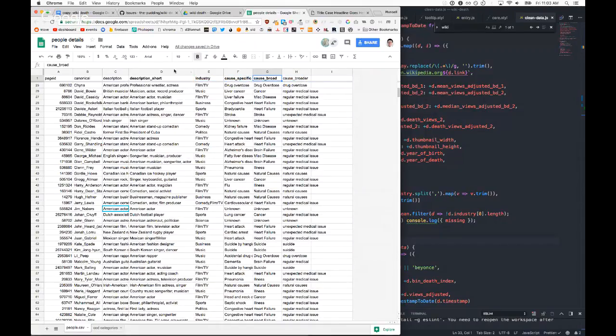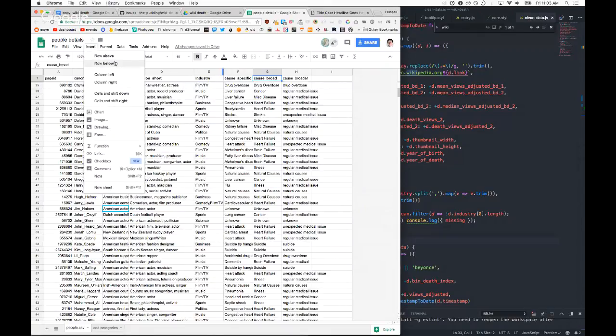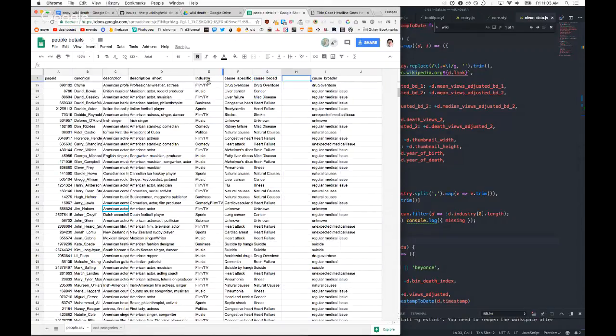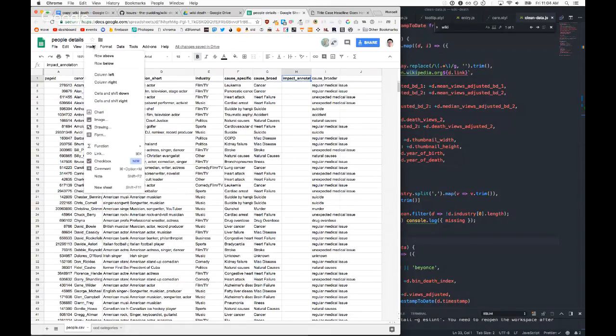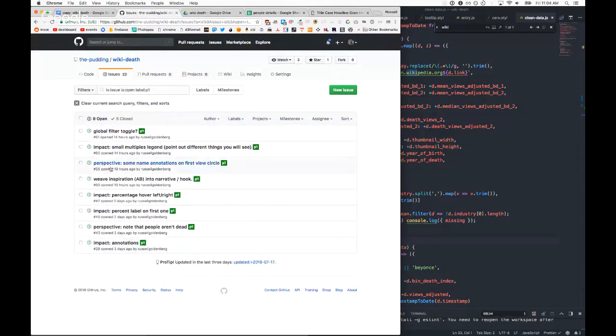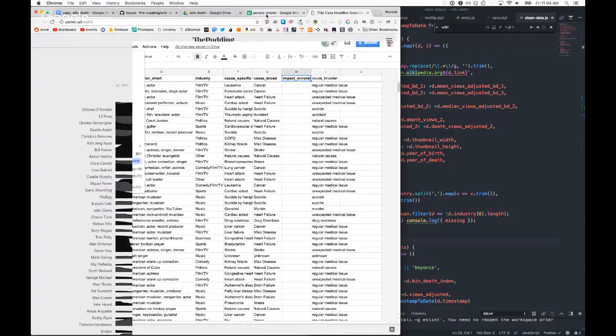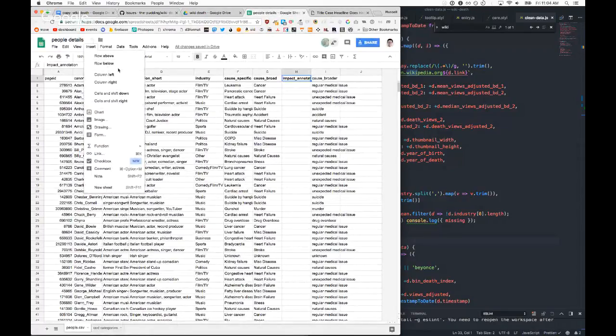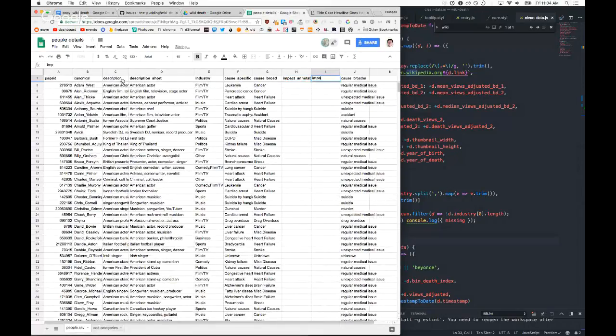Okay, industry cut. So let's see, we can just put it right here. It'd be nice if I can have all the data come from one place, so we'll call this impact annotation. I just realized a really easy way to handle the issue on the top chart of putting some names to appear, so I'll call that an annotation, and that will just be true/false, binary, so it's on and off. Yep. Impact, or let's just call it perspective.